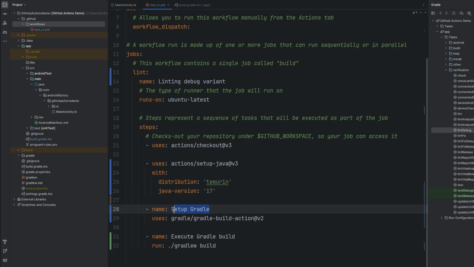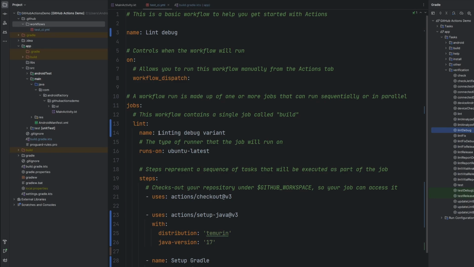And then here we're going to have our setup Gradle and the execute Gradle build. Instead of Gradle build, we're going to say, execute Gradle command. That doesn't like that character. Lint debug, right? And instead of build, we are just going to say lint debug, spelled properly. Perfect. So we're trying to run this one here. That is actually about it, right? So we've updated the name here. We've updated the name of the overall file,